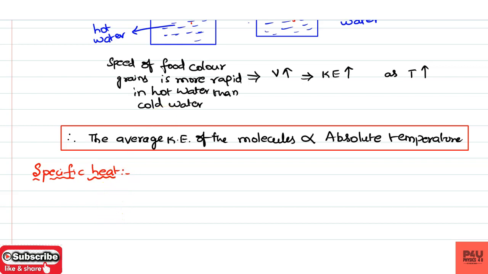So what is the specific heat? How is specific heat derived? Based on the quantity of heat only. Just now I told you quantity of heat is directly proportional to mass of the substance. So if the mass is more, quantity of heat supplied is more. Suppose you want to heat 500 ml of water, and in another vessel you are heating 1 liter of water.